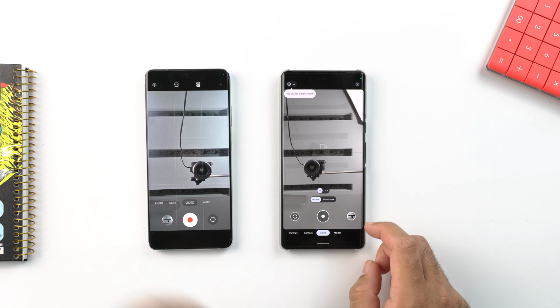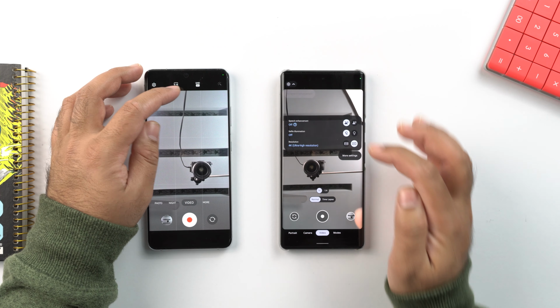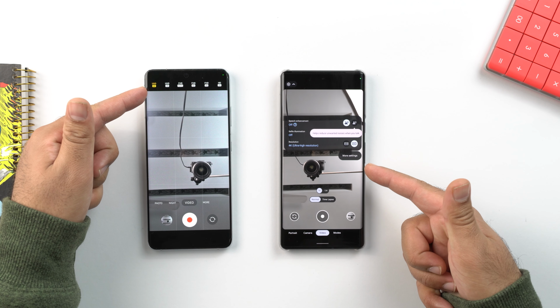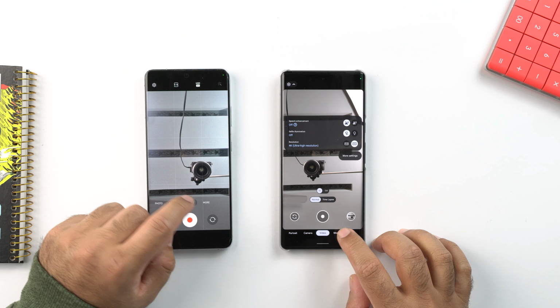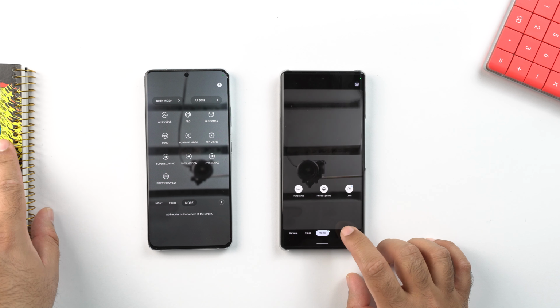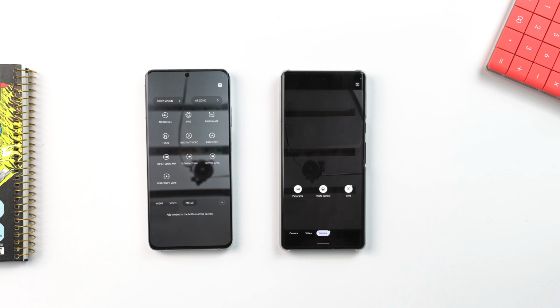One UI 4 shows you almost all the options right here on the screen. The stock Android 12 has this settings icon on the top left corner for further options. Stock Android offers you basic functionality with features like raw capture, white balance control, grid lines, but the Samsung One UI 4 is way ahead. The flagship One UI 4 has a Pro Video mode, the Portrait Video mode, the Pro Video mode with advanced options, and all these options that you are seeing on the screen.